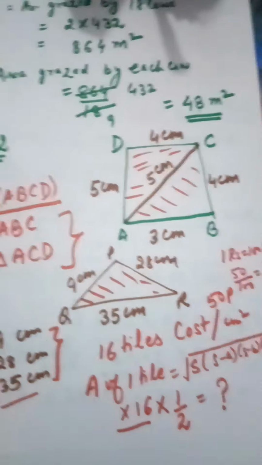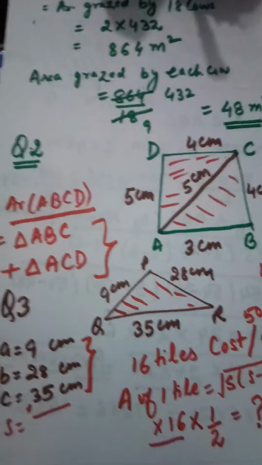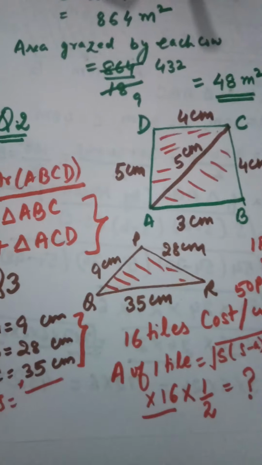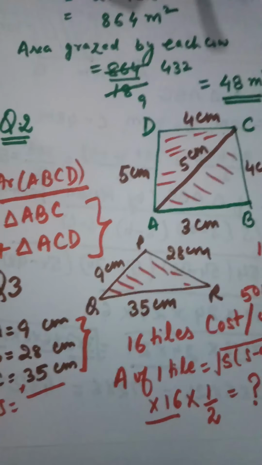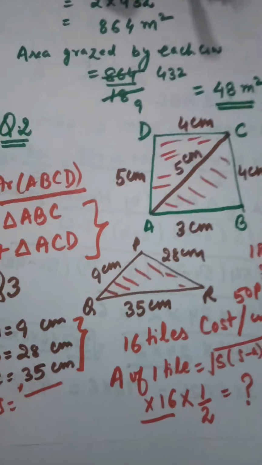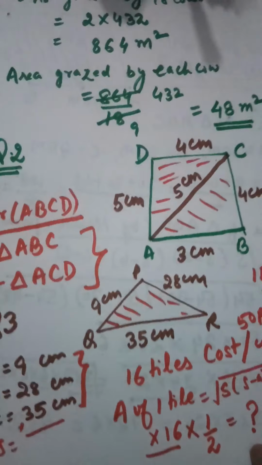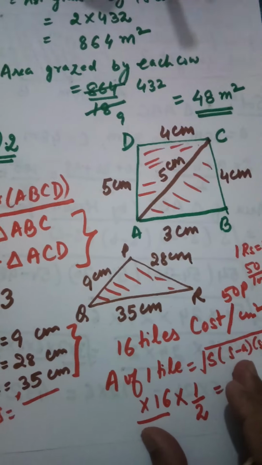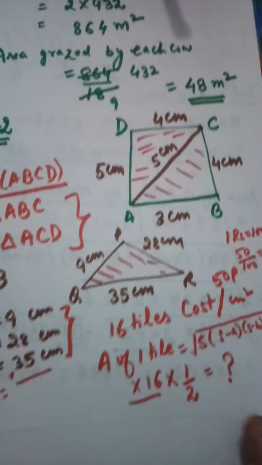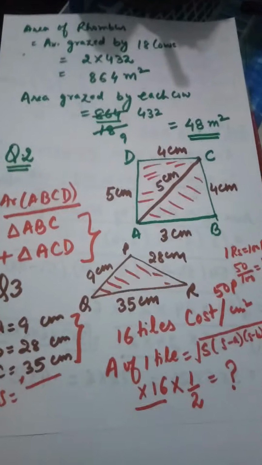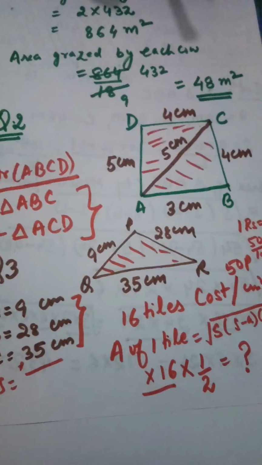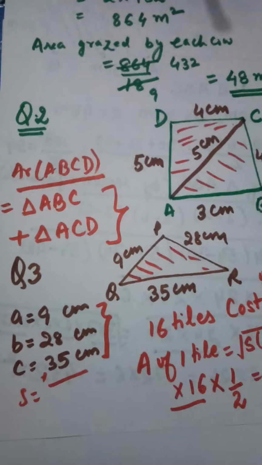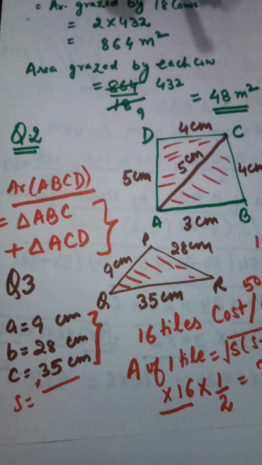So I hope all these three problems are clear to you. In the next video I am taking a very important question from exercise 12.2, the last question, which is in the shape of a trapezium. I hope it is clear to you, because we have only done the application of Heron's formula. Very beautifully it can be applied for finding the area of different shapes. Children, nothing is difficult in this. Only take care of the three sides: what is A, what is B, what is C, and then go for the other things.